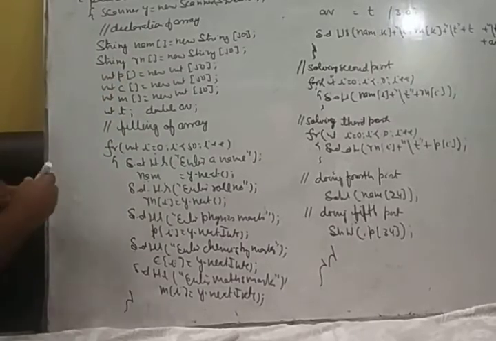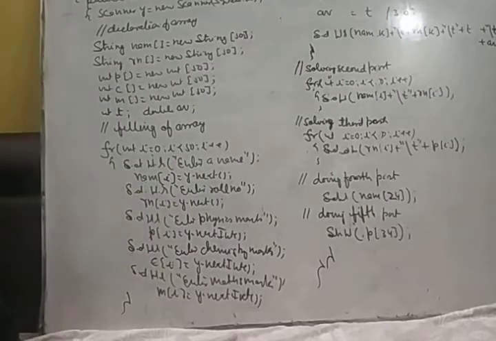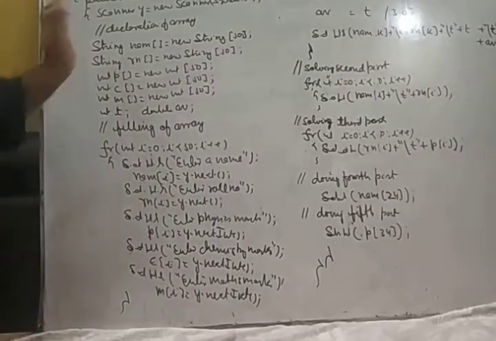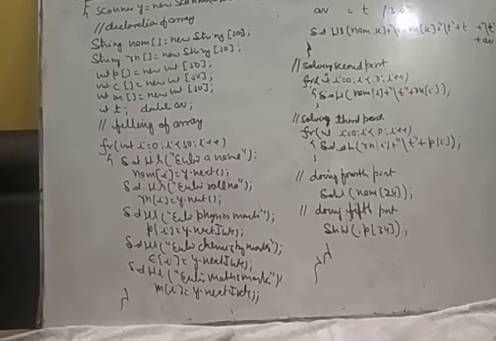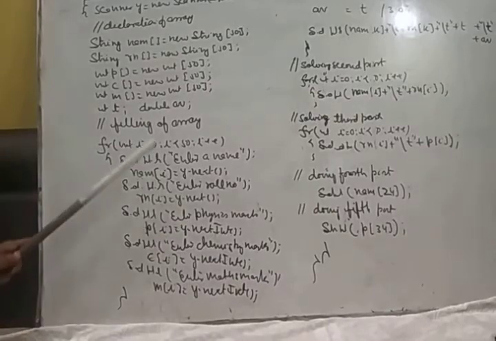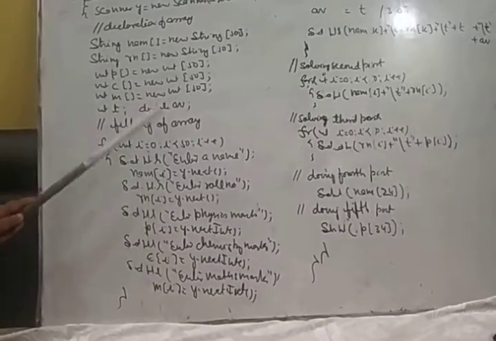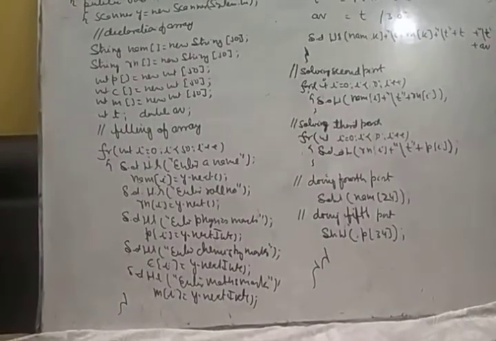But here, what you are doing, you are storing the values into the array cell. So all the values are stored separately in different cells. The very important thing is that the values are stored. It is not rubbed off from the memory. Now, declared the arrays, filled the arrays. Now, I am going to reuse the arrays again and again.